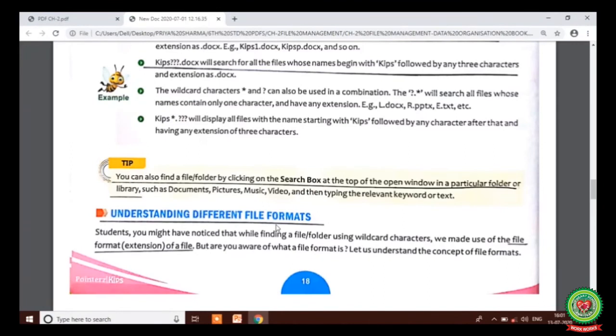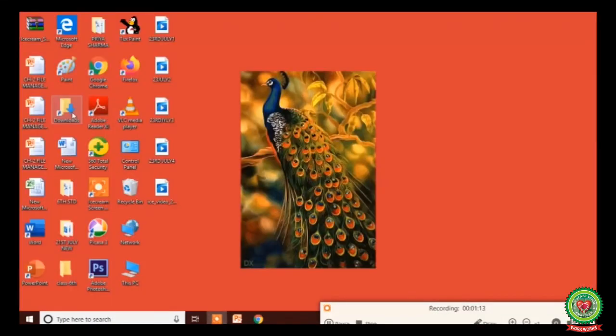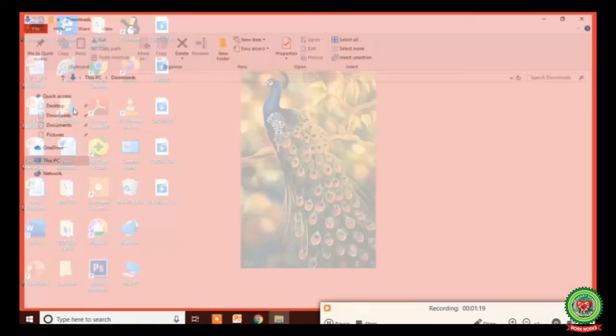Now look at your book at page number 18. Here you can see a tip box is given where we will learn we can find a file or folder by clicking on search box at the top of the opened window, for example, documents, pictures, music, etc. Let's do it practically now. Here you can see I will open downloads by double clicking on it.